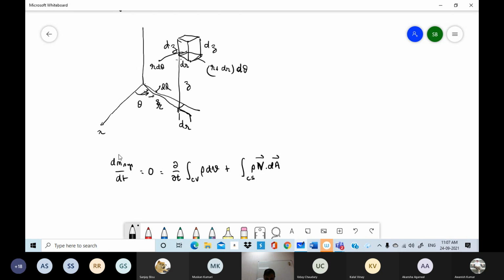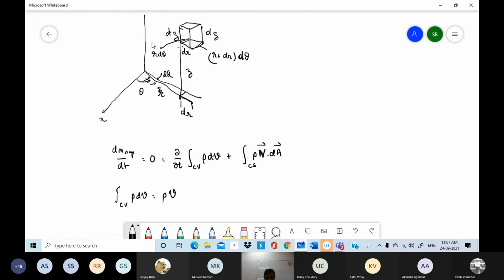So for a small element, and the element here has volume, so then